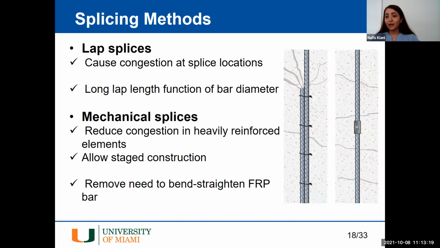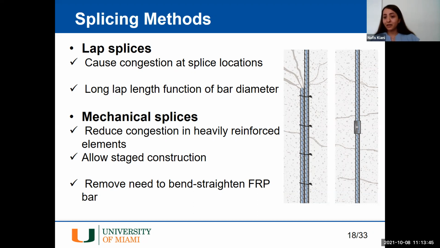The first is lap splicing, so lapping by putting two parallel reinforcing bars together. But lap splicing is not practical in many applications because FRP bars need longer development lengths. Assume that we have a very heavily reinforced concrete structure, so it causes congestion at the splice location. And also,